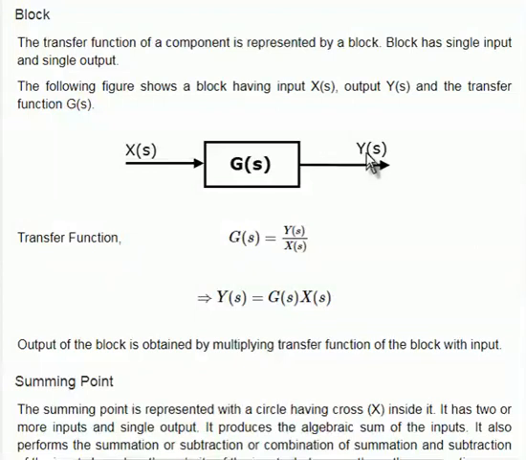That's why here it is given that Y of S is equal to G of S into X of S. So always the output of the block diagram is obtained by multiplying the transfer function with